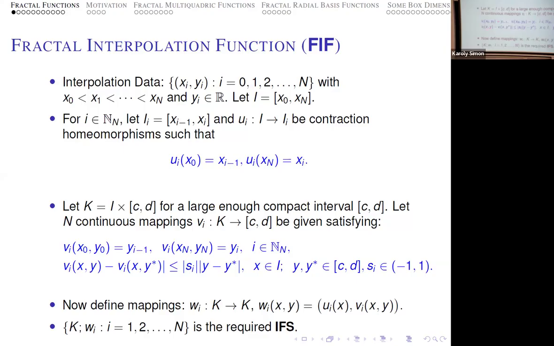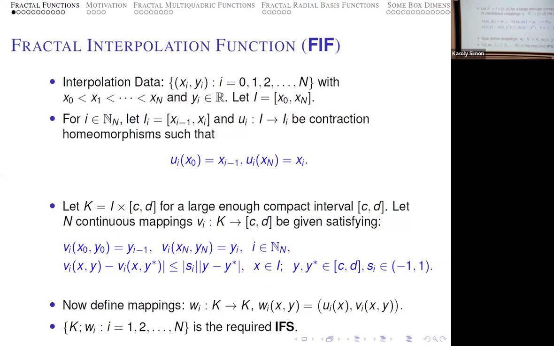And here we need this vi to be a contraction with respect to y, and in x, in the first coordinate, it can be Lipschitz. So we will get our wi(x, y). So this is the elementary IFS setting. We need this wi. So this is the IFS we need. So if you take this